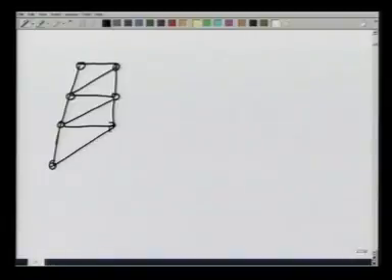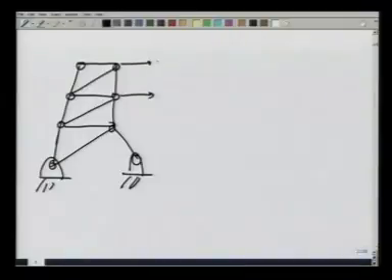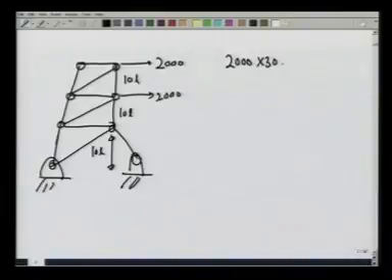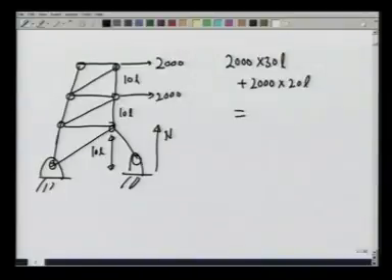The value of NAY or NHY can be obtained by applying the torque equation, and I am going to take the torque about point H. So if I apply torque about point H, this is 10 L, this is also given to be 10 L. Then by torque equation I get 2000 times 30 L plus 2000 times 20 L should be equal to, this is NY, 26 L times NY at A,